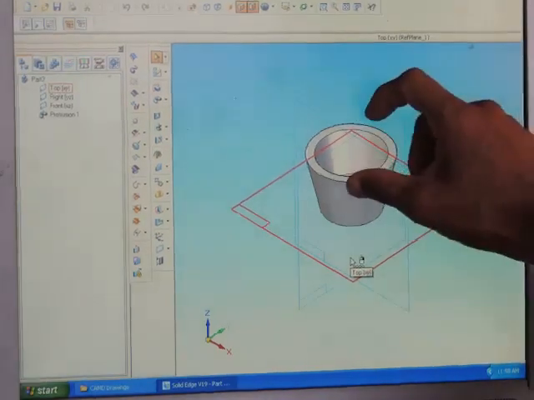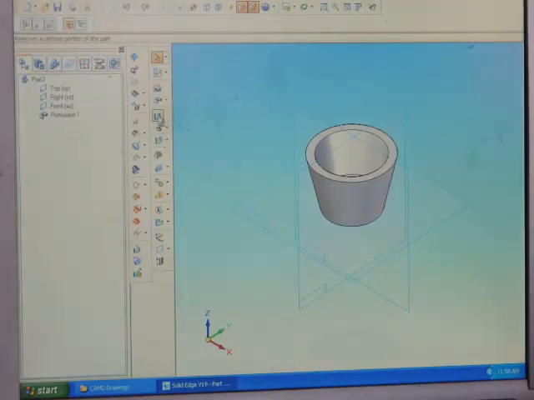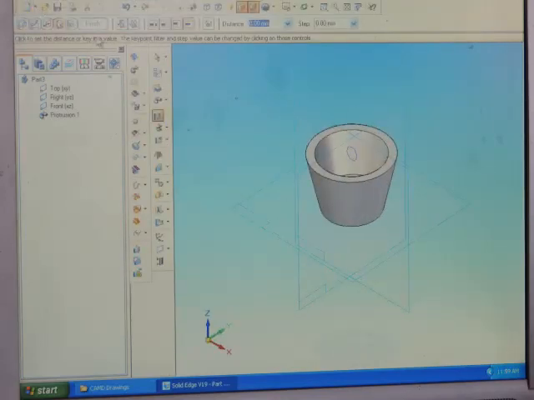In this portion there are two sets of cutouts there. So for that one, go to cutout option, select XZ plane. So that radius is of 5 mm. So go to circle command, place a circle here, return.